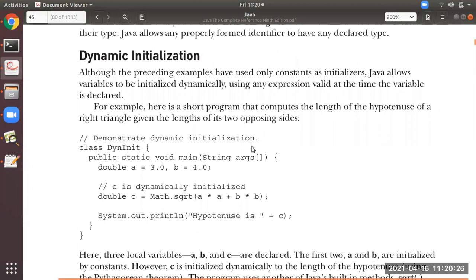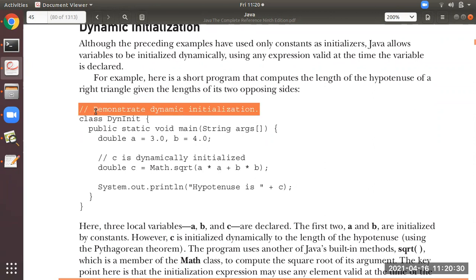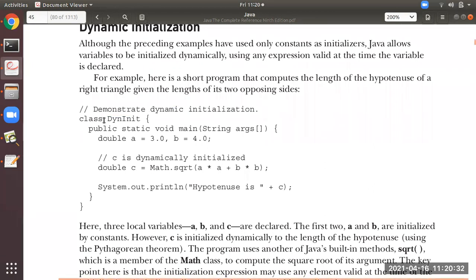For example, in this program you can see this is the comment. Then there is the class name, then public static void main. Then you see the data type is double for both variables, a and b. a is initialized with 3, b is initialized with 4.